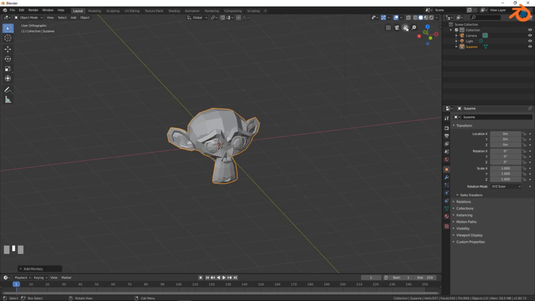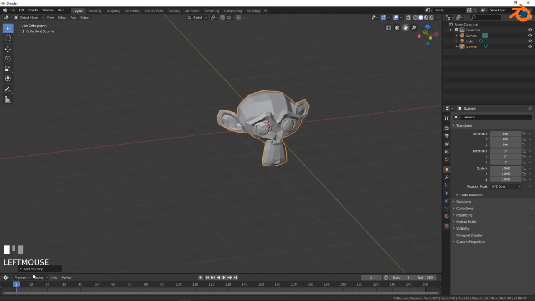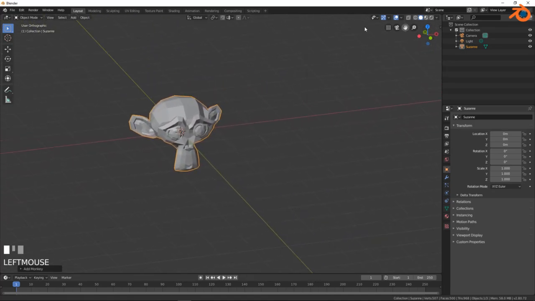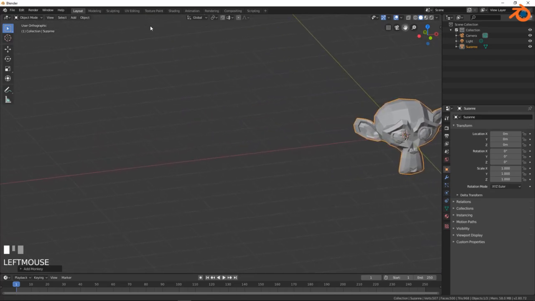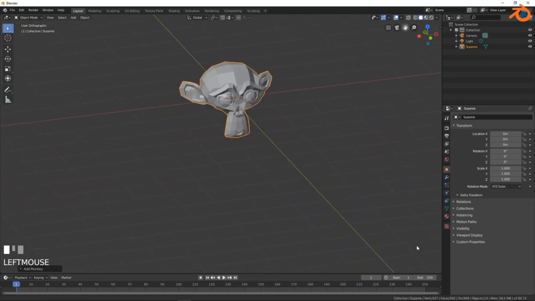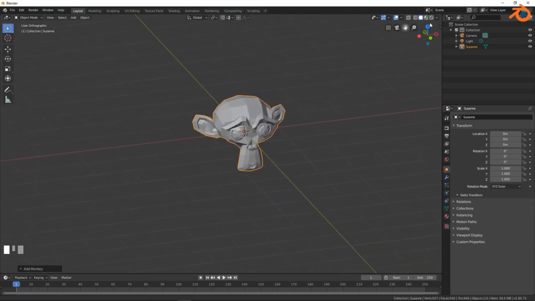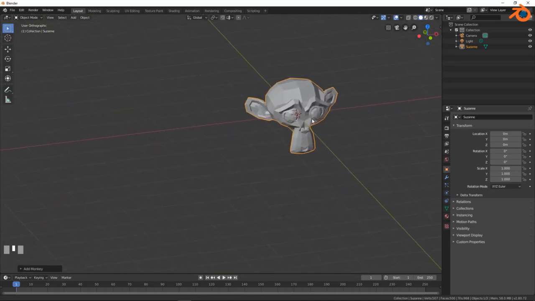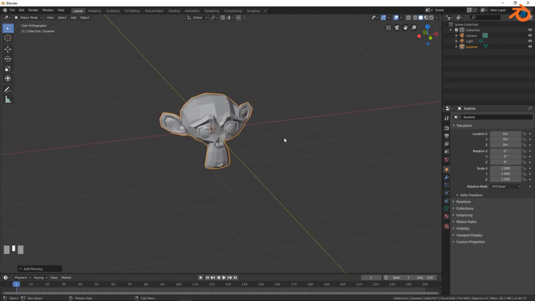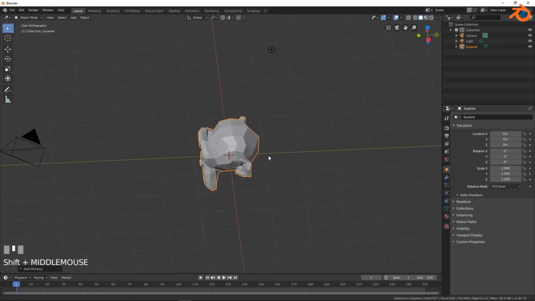The next one is to move the view. So if I just click and drag starting this icon, I can move the view like that. Okay, like the hand in Photoshop, exactly the same system. So it's just to move the view right, left, and up, down like that, but not turn around. Okay, the shortcut for this is Shift middle mouse. So Shift middle mouse, you will just like this drag your view. Okay,